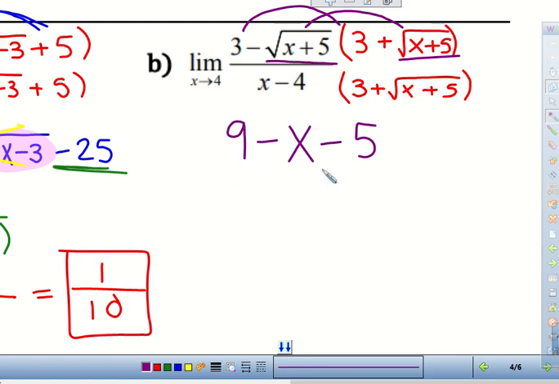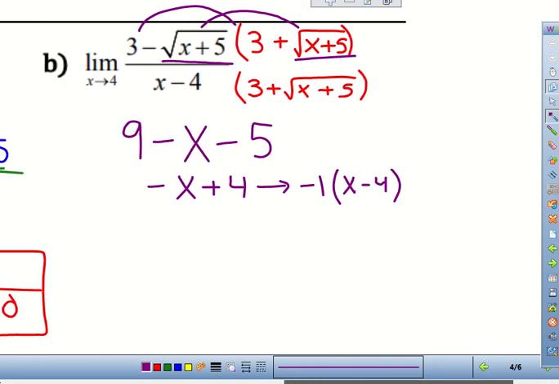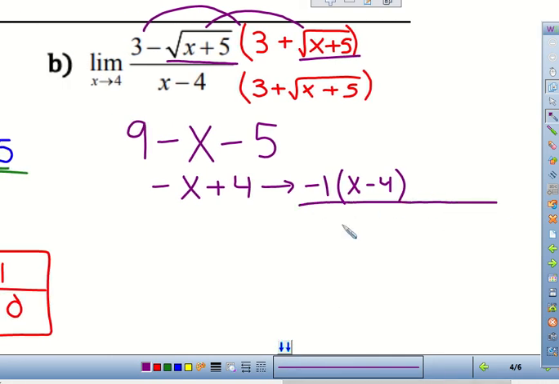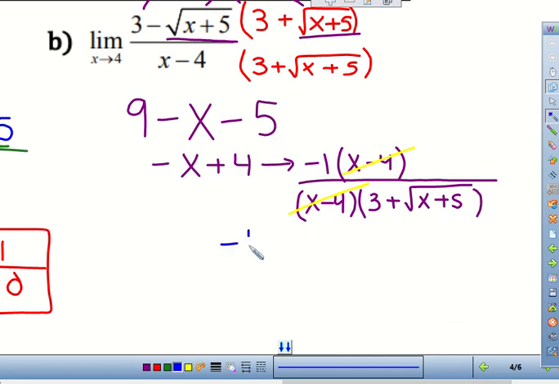And then what's this going to simplify to? Negative x plus 4. How can I rewrite that? Negative 1 times x minus 4, right? Is everybody starting to see why I would want to do that? Yeah. Exactly. So now my denominator is going to be x minus 4 times 3 plus the square root of x plus 5. And now what can I cancel out of the top and bottom? X minus 4. Good. And that's going to leave me with negative 1 over